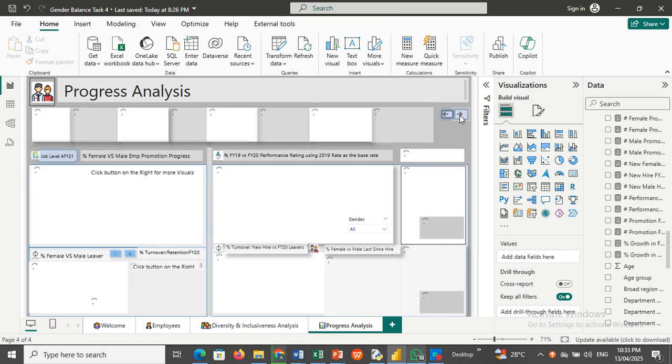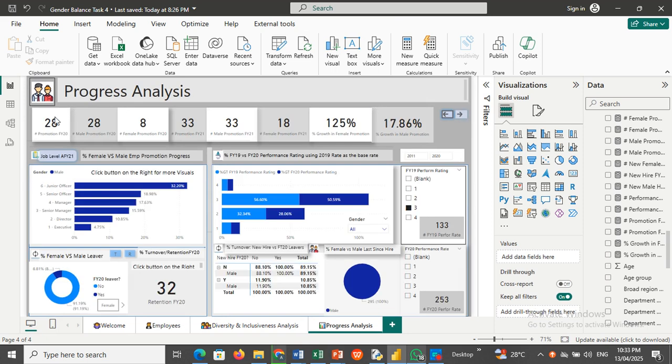Now we can see the information on the level in 2020. We can see male that are promoted in 2020 and female that are promoted in 2020. Only 8 female compared to that of male. And we can see in 2021, the male and the female are 33, 33. But when you look at the growth rate in promotion level, you can see that the female has around 125% growth rate in promotion level, and the male has about